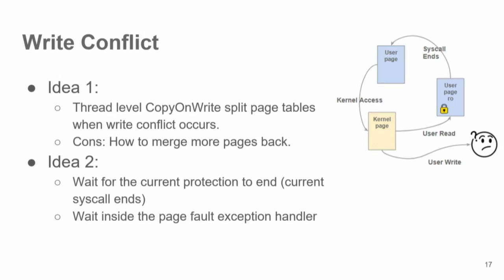That is, when other user threads try to write to the protected user page, we simply let those threads wait there until the current syscall ends and is done with the page. What that means is we have to let a thread loop inside the page fault handler. So at first, that doesn't sound very nice, because it's a page fault handler. We should do things quickly and get out. But since I read through the manual, it seems quite doable because